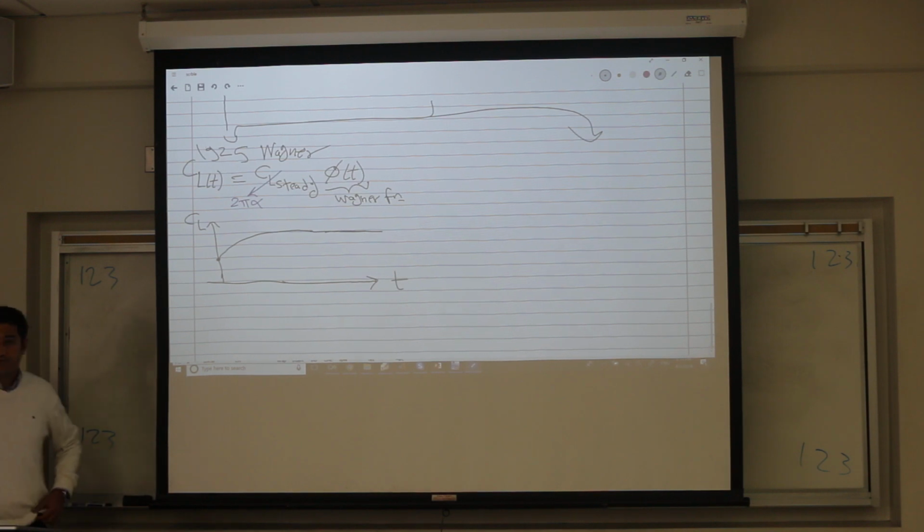Any question about that? So one of our objectives in this course is to study how Wagner did it. Okay? How to derive Wagner's function in detail. And he did it for a small change in the angle of attack, 5 degrees. If you want to do it for larger angle of attack,